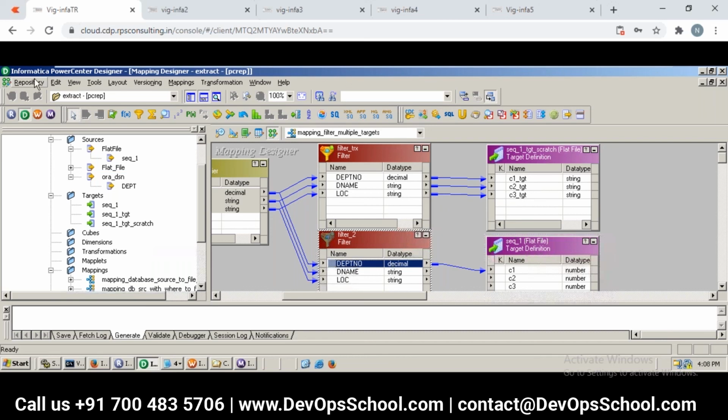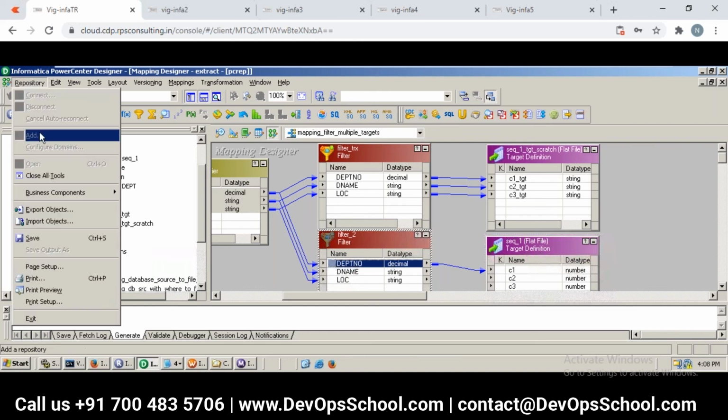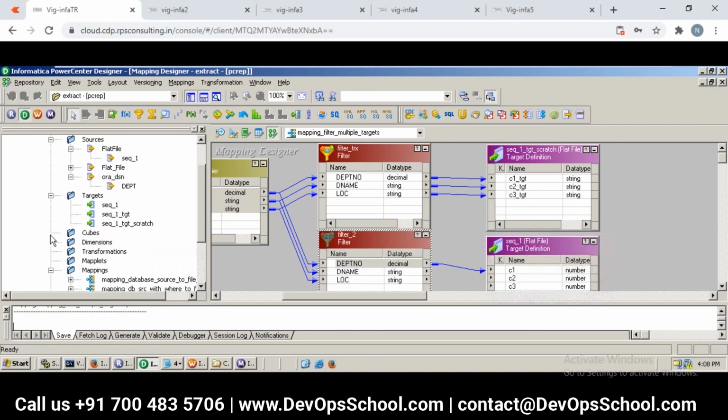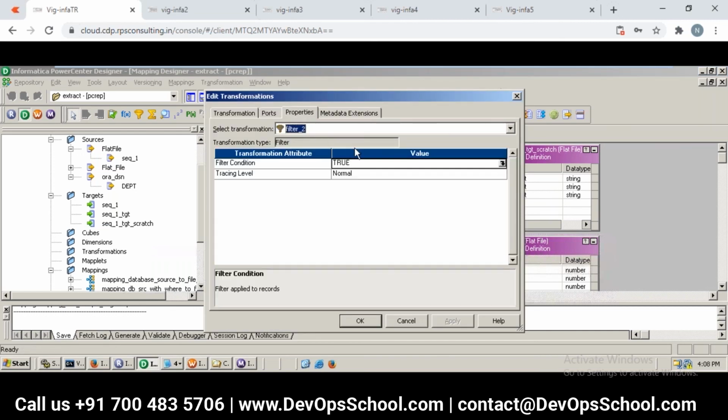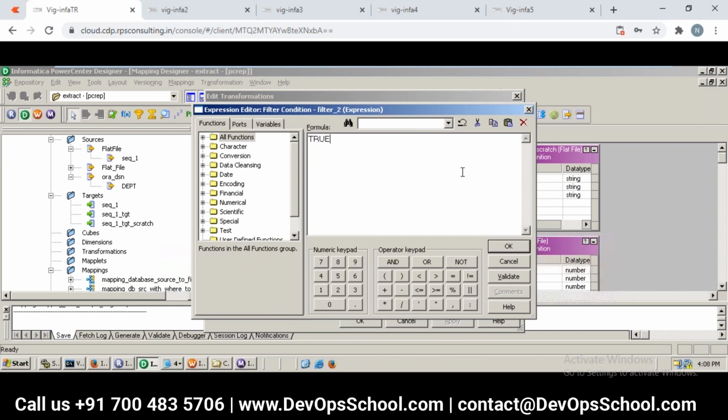Now let us save this. The first filter we don't touch. We will focus only on the second filter, to see whether our second filter condition data will get through or not. Now let us double click on filter 2. We need to add a condition, which we have not done. Let us go and add it. Filter condition: click on the down arrow button and supply the condition here, which let us say I'll put department number